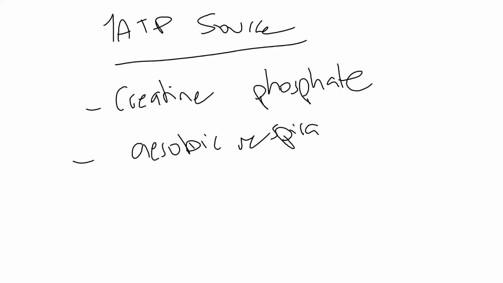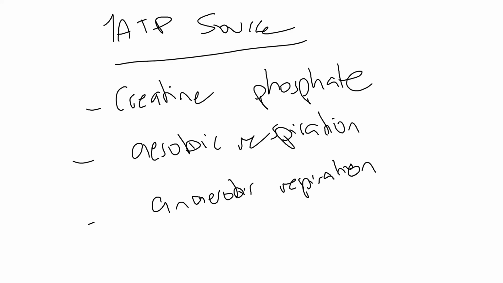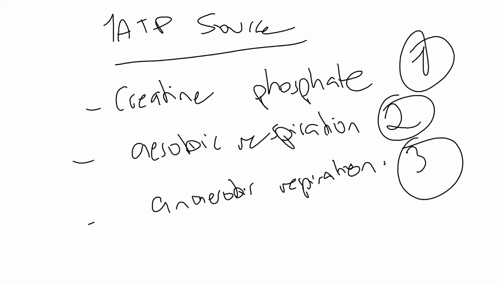Okay. If there is no aerobic respiration, it will go to fermentation or anaerobic respiration. Okay, so number one source is creatine phosphate, number two is aerobic, number three is anaerobic. From here, these ATP will be used by